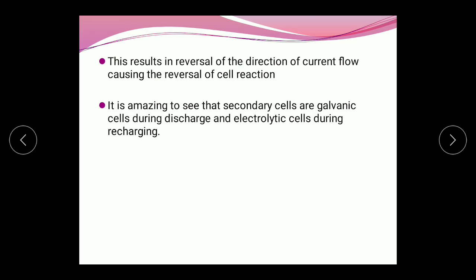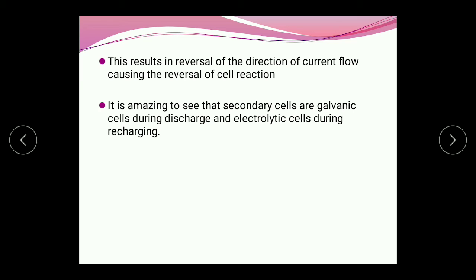So, at the anode, there is always oxidation, and at the cathode, there is always reduction. Still, in galvanic cells, the anode is negative. In electrolytic cells, the anode is positive. While in galvanic cells, the cathode is positive, and in electrolytic cells, the cathode is negative. But how this happens, we are going to see in detail when we learn about the secondary voltaic cells by